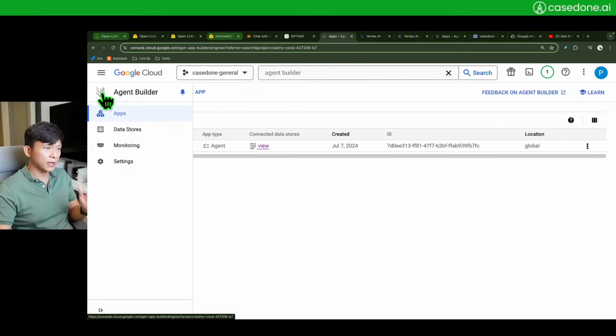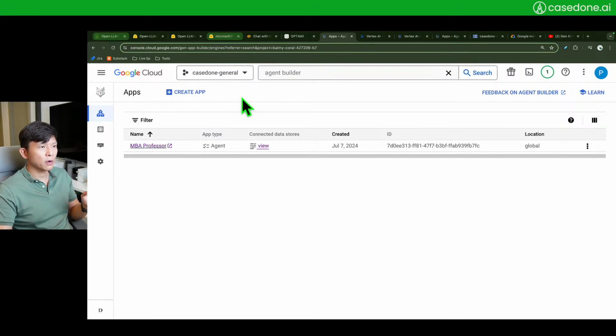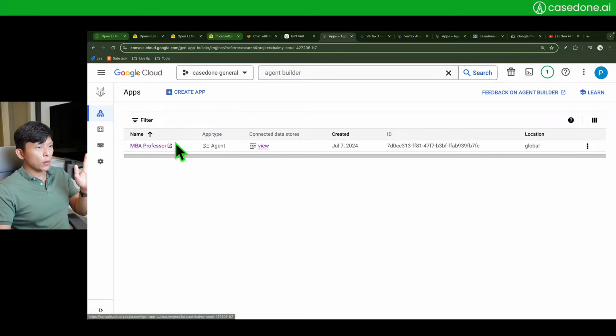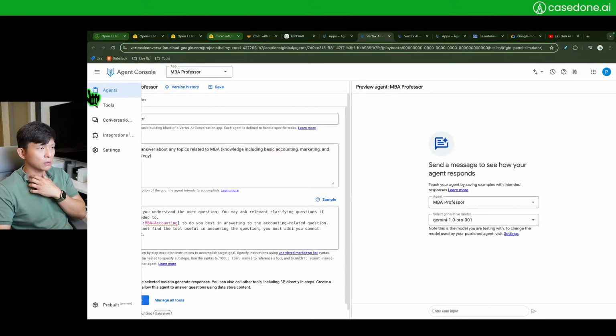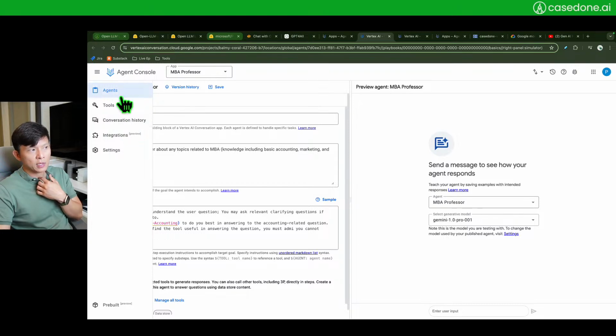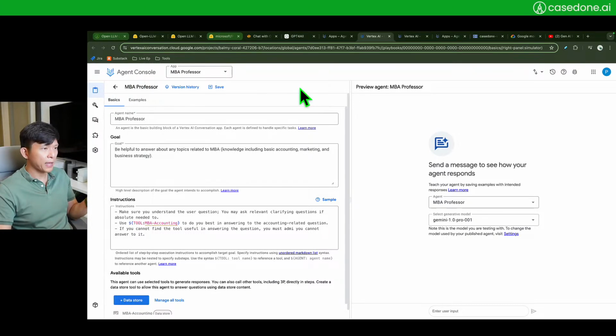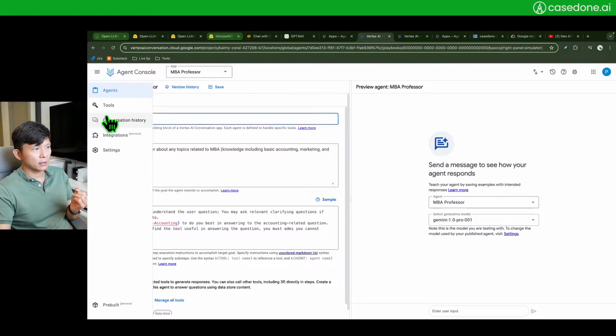God, make your UI better, more clear. Anyway, so when I click this agent, I am going to get into another tool called Agent Console. You are not going to see the same thing on the left hand panel. But essentially, this is an interface for you to name your agent,